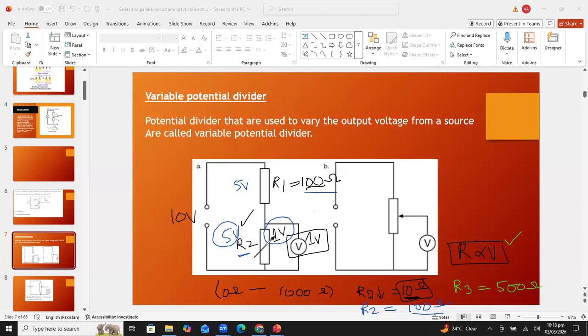So it might be possible it will receive 9 volt. Now if 9 volt is coming here, then here it will be 1 volt. So see, we are not varying only one voltage. By controlling this resistor, we are changing the voltage across both resistors. So now this resistor is receiving the maximum voltage, that is 9 volt. So basically, by changing the resistance of this variable resistor, we can vary the voltage.